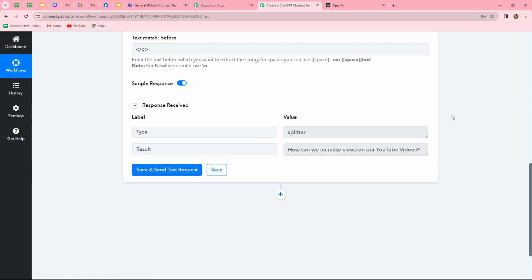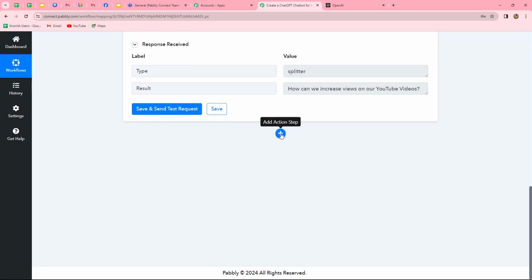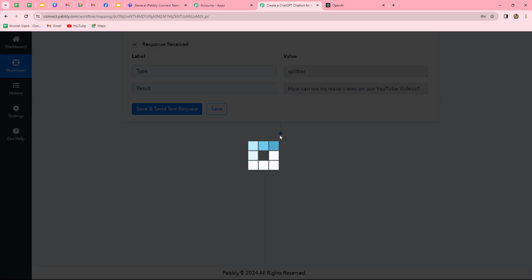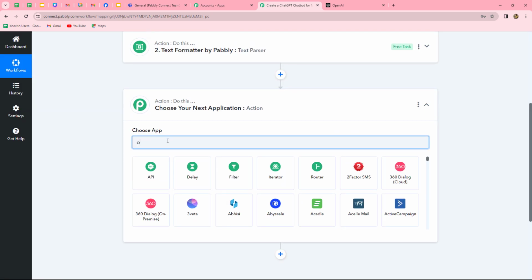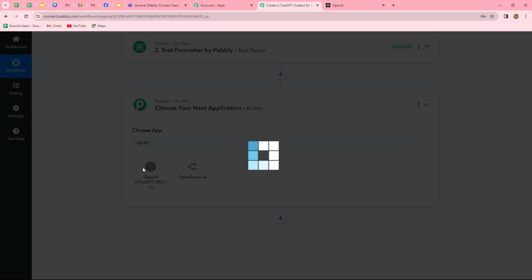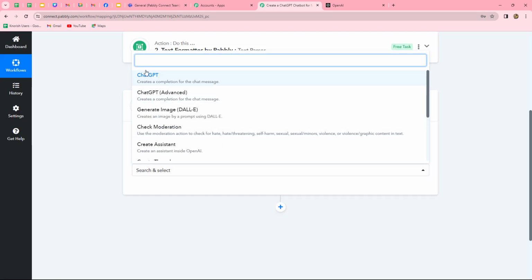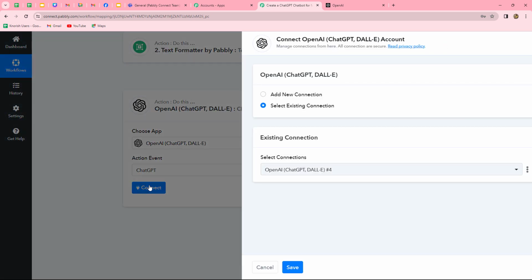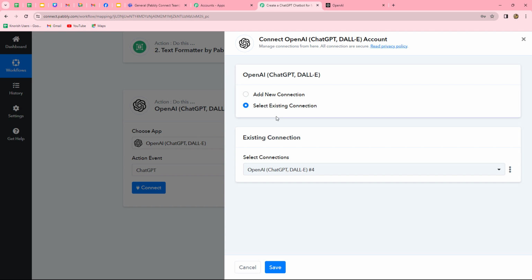Now by using this text, we are going to generate the reply for this by using ChatGPT. So we are going to connect ChatGPT with Pabbly Connect. We will click on this add action step button. And here in the action application, we are going to search for OpenAI. Okay, now the action event will be ChatGPT. We will click on connect, and now because I've already built the connection with my OpenAI account, I'm going to